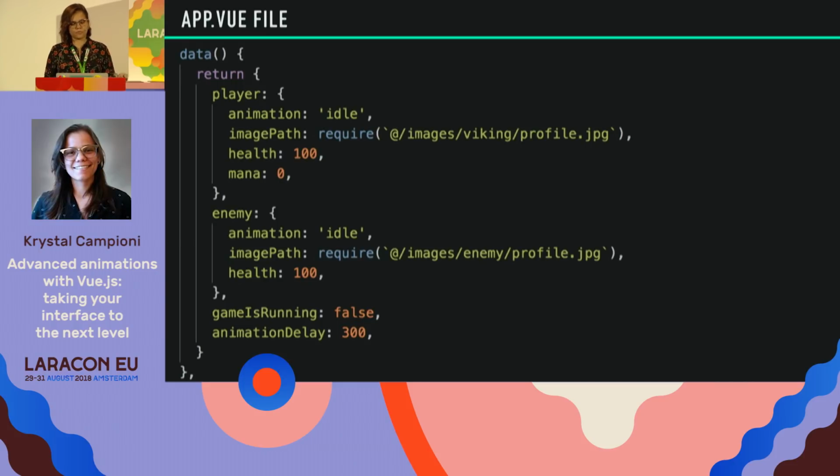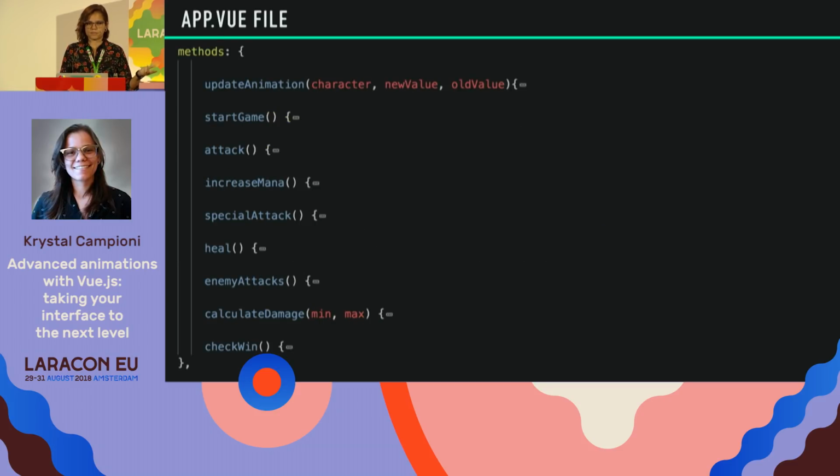So in our app.vue file, we have this data object with two objects, the player and the enemy, and both of them have all the information that we need for the animation that we are going to play, the image path, and also the health that starts at 100 for both of them. The player has a mana, and the enemy doesn't, and we also have a gameIsRunning that is by default set to false, and an animationDelay that we are going to use later on that is 300. We have a couple of methods that basically just play around with those variables, things like updateAnimation, startGame,